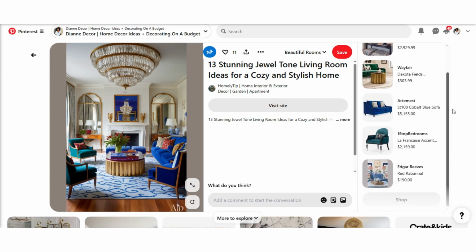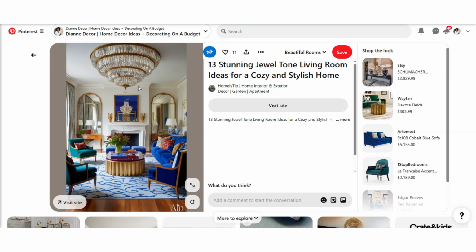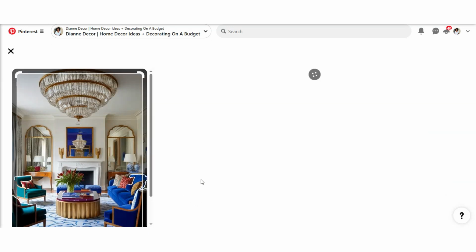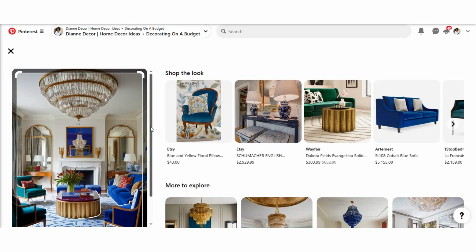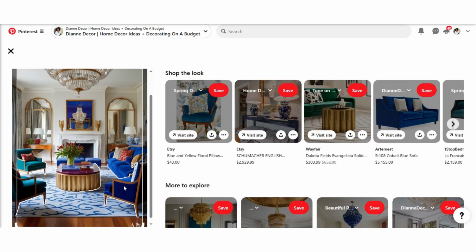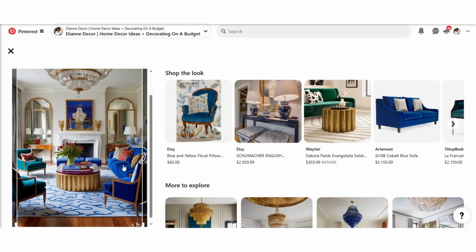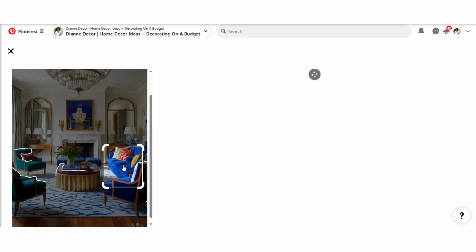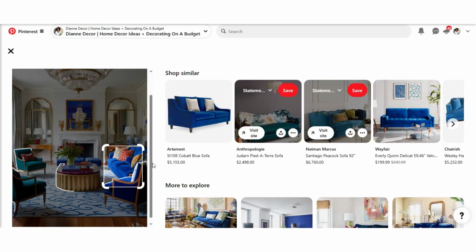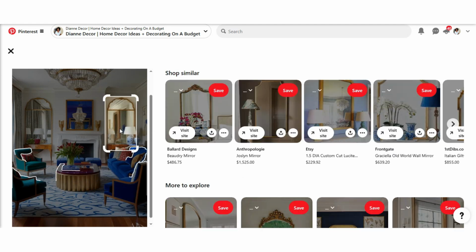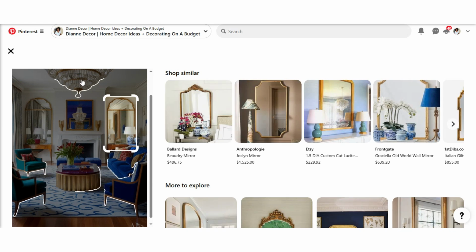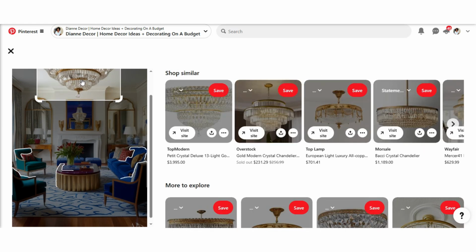start to be populated. On the Pinterest pin, you're also going to see a new icon that looks like a little search magnifying glass with a little star on it. It says Explore. When you click on this, it's then going to give you the option to use that little crop window, or it will actually start to highlight some of the pieces in that image if it can. So it will try to cut out like a sofa or a chair or a picture on the wall, and you can click that and that will help isolate that item within the photo so that then Pinterest will search